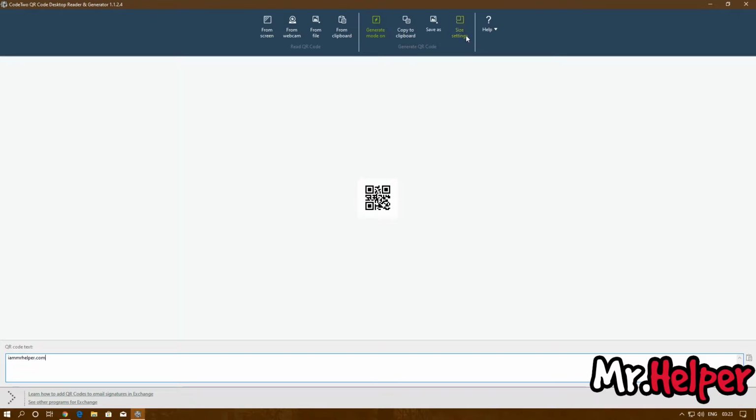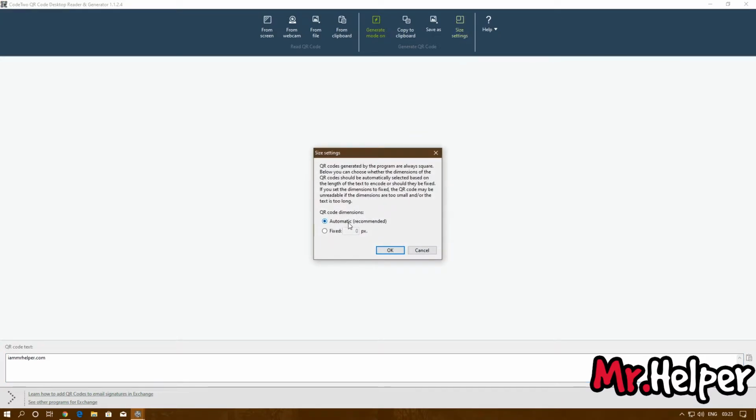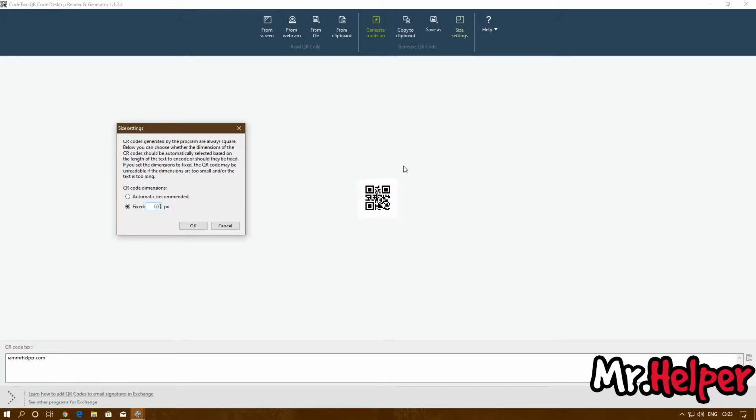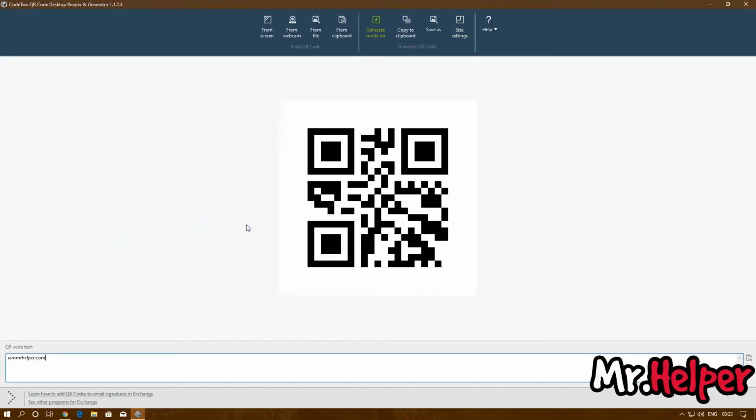After that you have to select the size settings. Now it is selected. The recommended setting is automatic, but I strongly suggest you go for fixed and select 500 pixels. Otherwise your QR code will look like this. I want it a little bigger than this, so I'm selecting fixed and giving 500 pixels, and it is like this. Now what you have to do is click on save as,